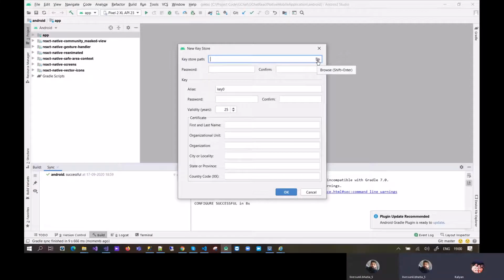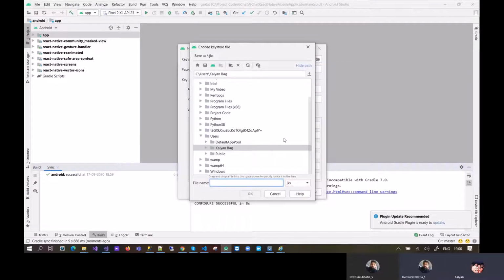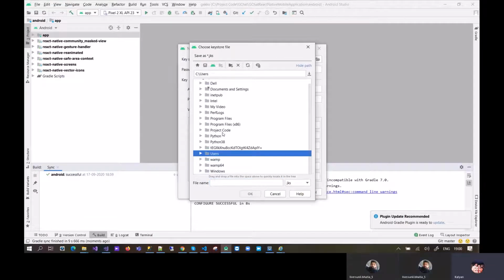Within the project? Maybe it's your wish. If you want to store it within the project, then you can. Okay, so I have to choose a path, right? Yeah, you can store it within the project, under the Android folder, then in the app folder.